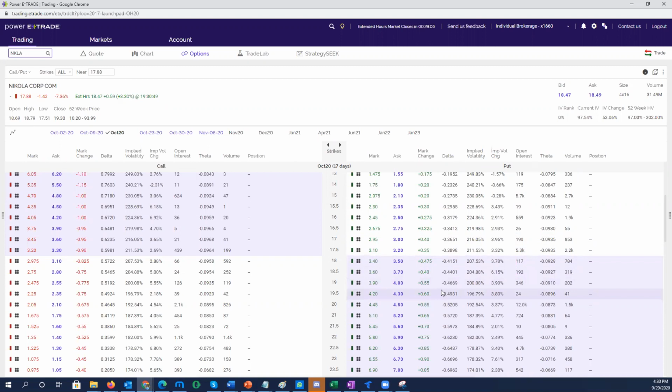There is no restriction for you. Okay, I'm just showing you outside, but you can also buy in the money options. Suppose I buy here, the delta is 49. So 4.2. If I buy at 4.2 and NKLA goes down $3, I made 1.5 on each contract. Okay, so 150. How much are you paying? 430. I'm making 150 on this one.